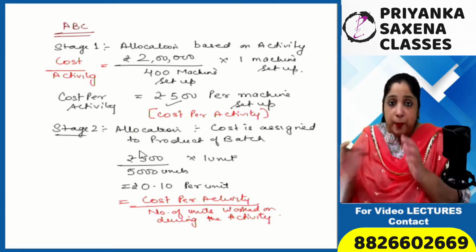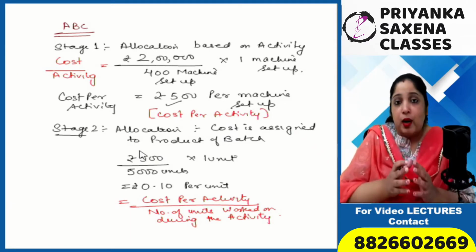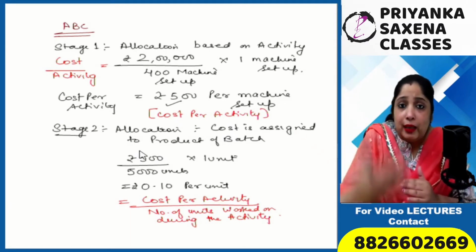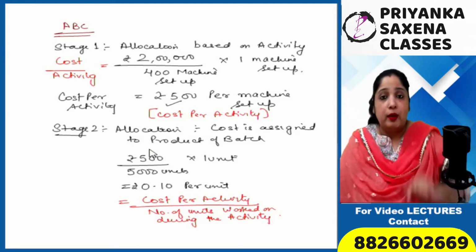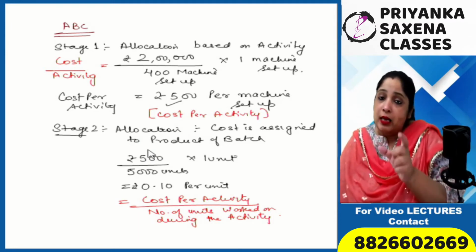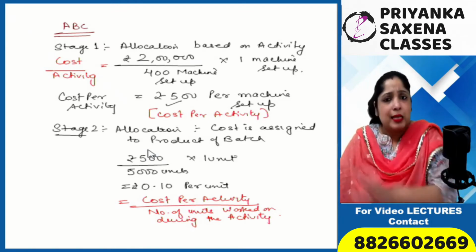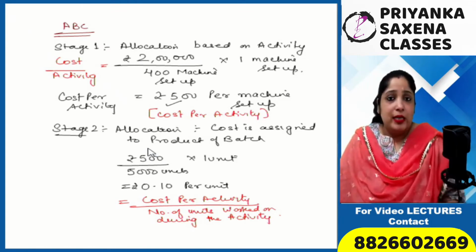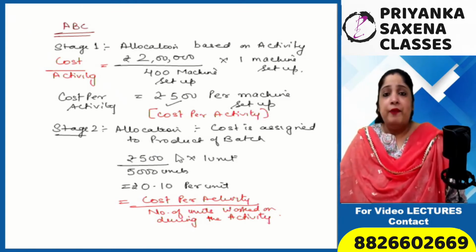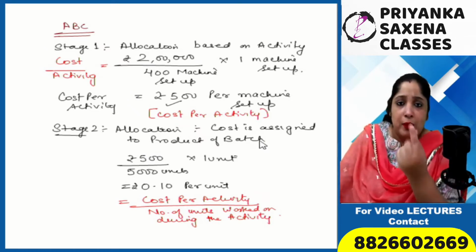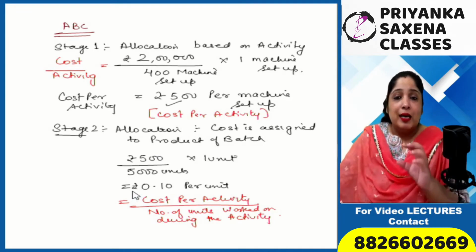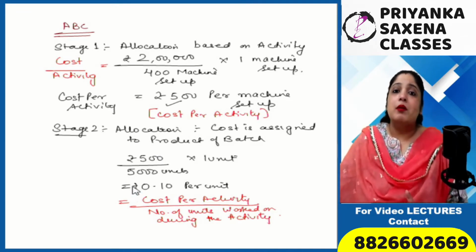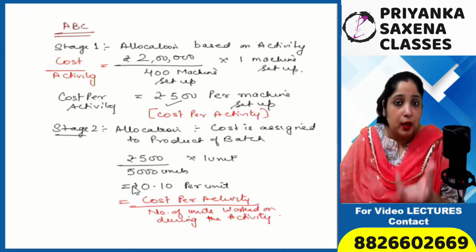If for a particular product, many times the machine has to be set up, then the machine setup cost must be allocated more to that product. And if there is another product which requires fewer machine setups, where 15,000 units can be produced in one machine setup, then less cost should be apportioned, so that the customer pays the right cost